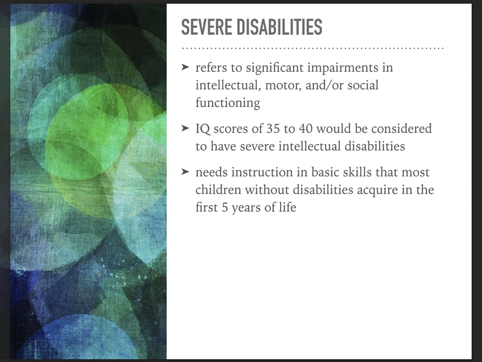Now, when we talk about severe disabilities, it's not actually a thing. It's more of a concept, okay? So remember that disabilities occur on a spectrum from very, very minor to extremely, extremely severe and profound. Severe is on the more intense end of that particular spectrum. For example, if you look at the terror warning system, it starts with blue, green, yellow, orange, red. So we could consider severe more in that orangish kind of color, where it is quite intense of a